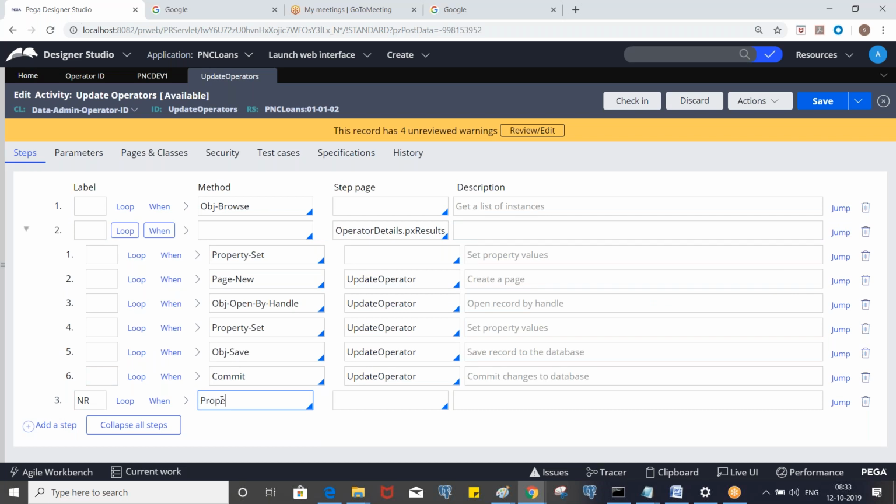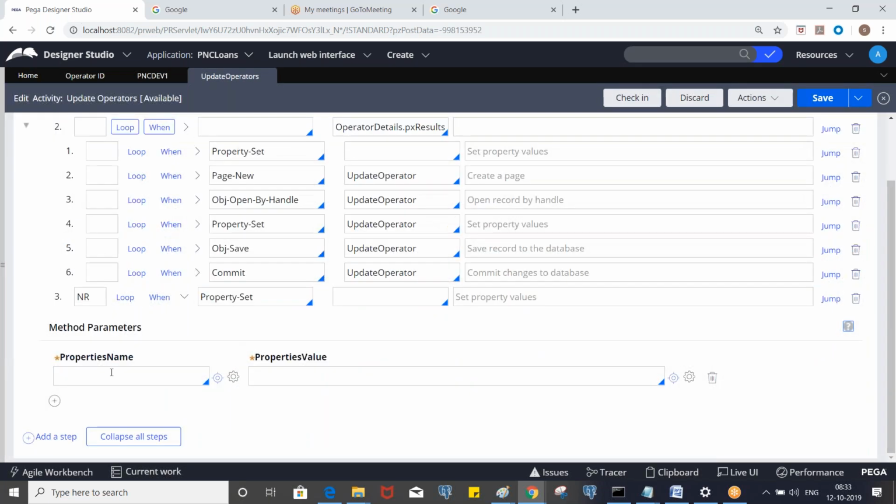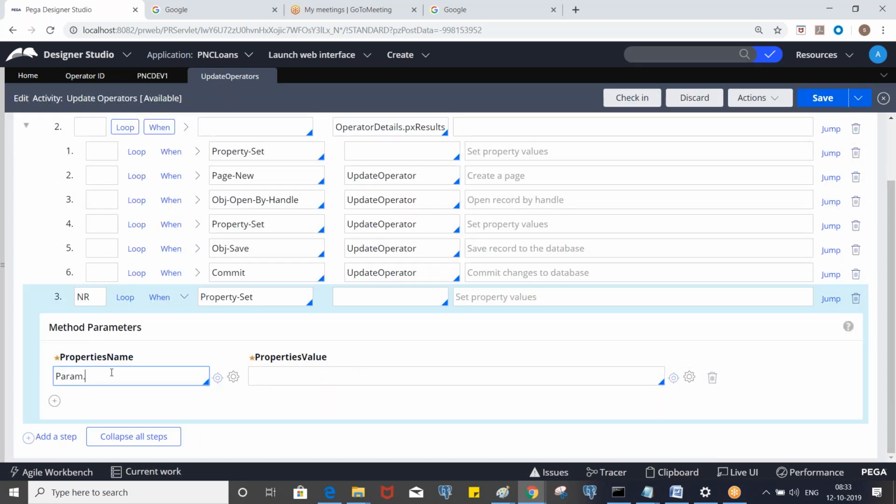And here you can display the message saying that, let's say I will assign it to some parameter, no records found, like this.